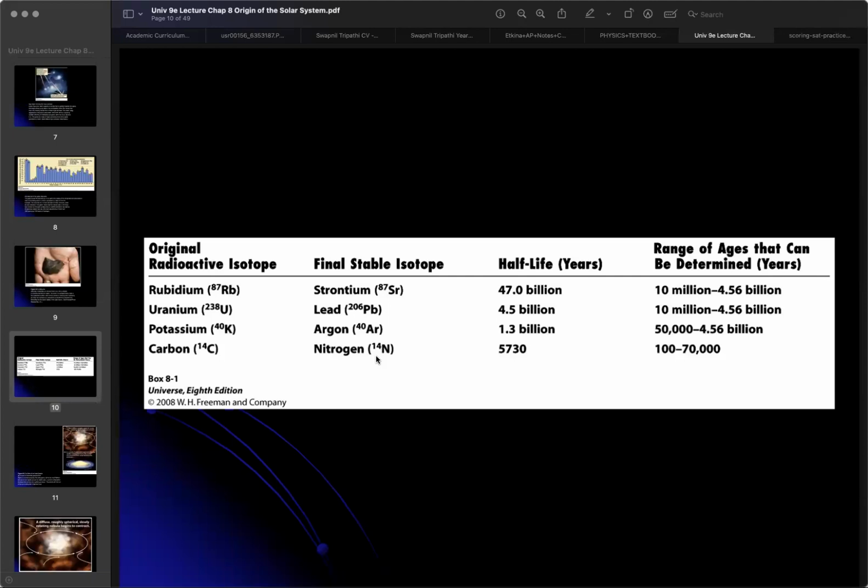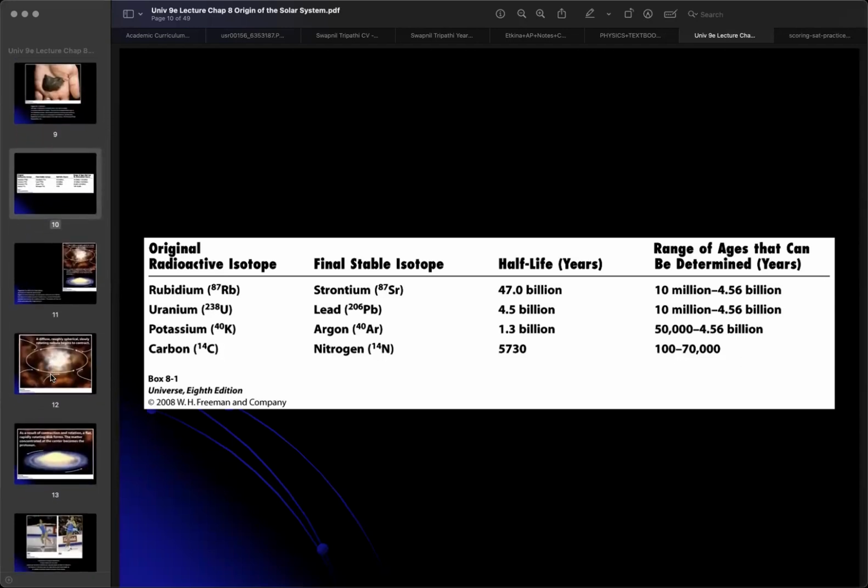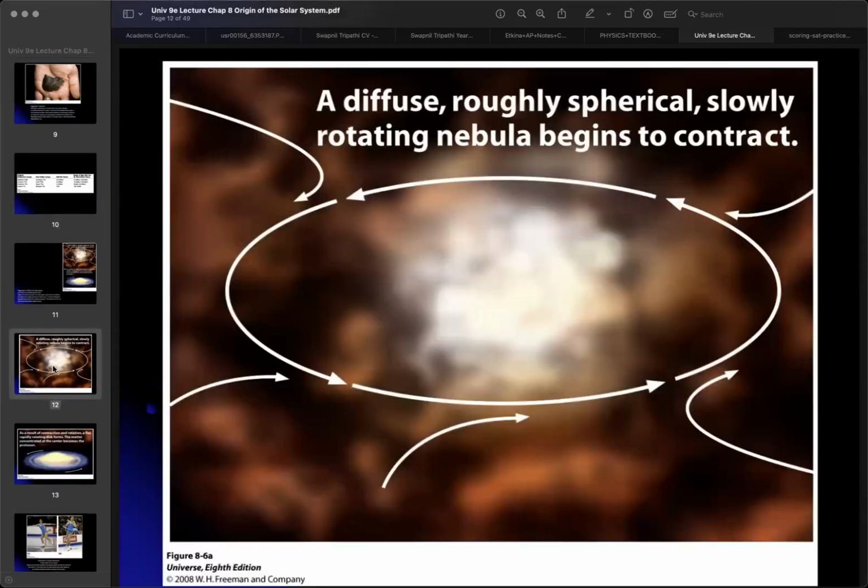And from that, we have found that the solar system was formed 4.56 billion years ago. So how was the solar system formed? It is thought that it started with a diffuse, roughly spherical, slowly rotating nebula made up of gas and dust,